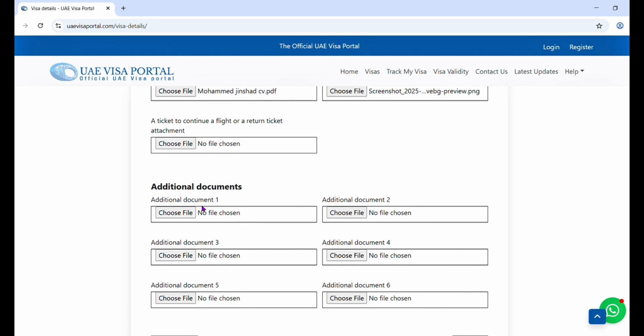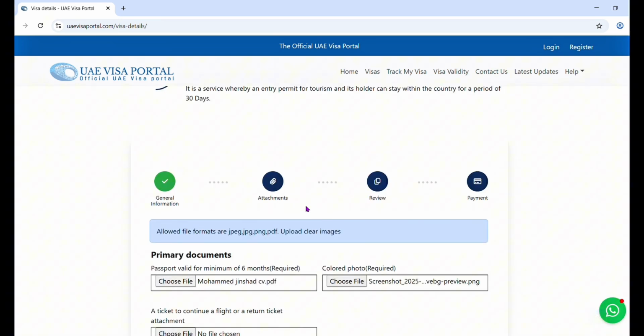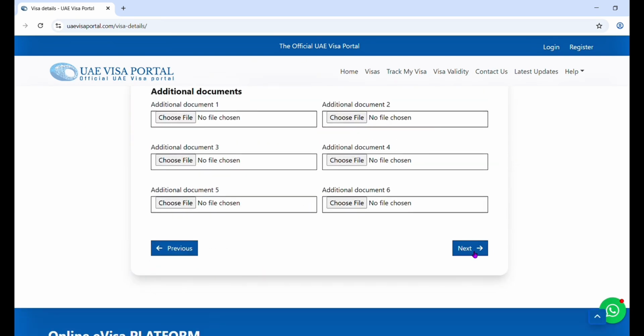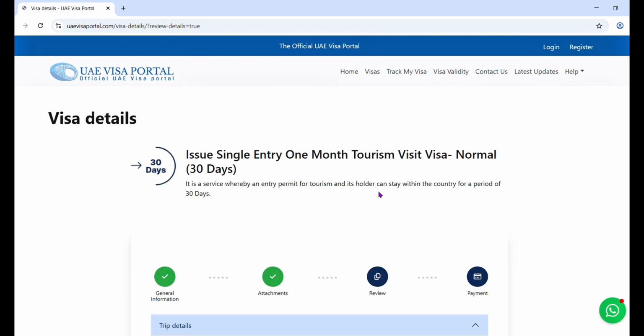If you are staying at a relative's or friend's house, then upload your friend's tenancy contract, or their ijari or title deed. Otherwise, you can upload your hotel booking details here. And if you have any ID in your country, you can add it as an additional document here. Once you attach all the requirements, just click the next button.